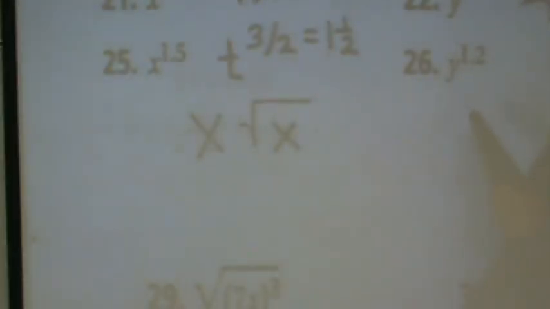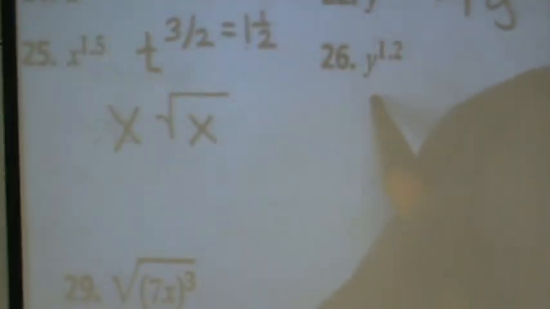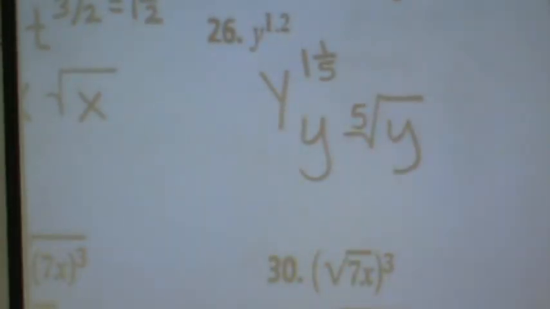And the last one, 1 and 1/5. It's 1 and 1/5, good job. And then how would you write that? Y, 5th root of y. That should just be our